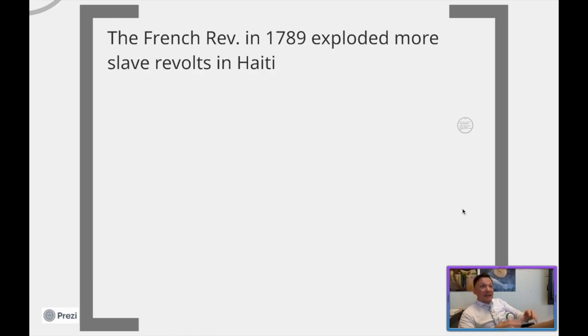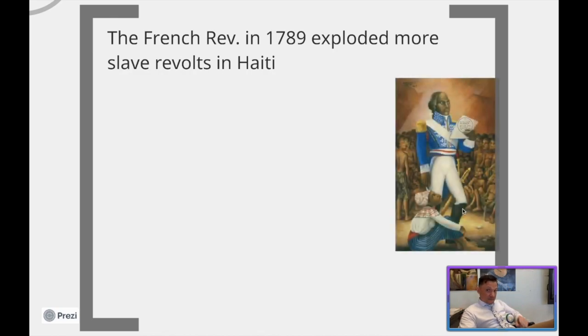A large number of slaves revolt again, inspired by several voodoo ceremonies that happened on the island itself. A voodoo high priest predicted the growth of this, and a hurricane swept in, causing massive confusion on the island, and a huge slave revolt broke out. This particular slave revolt was aggressively successful. It literally ended up taking over the entire northern province of the island. A big reason why it was so successful is because a man stepped up to lead these people, who was an affranchi himself at the time, but was a former slave also.